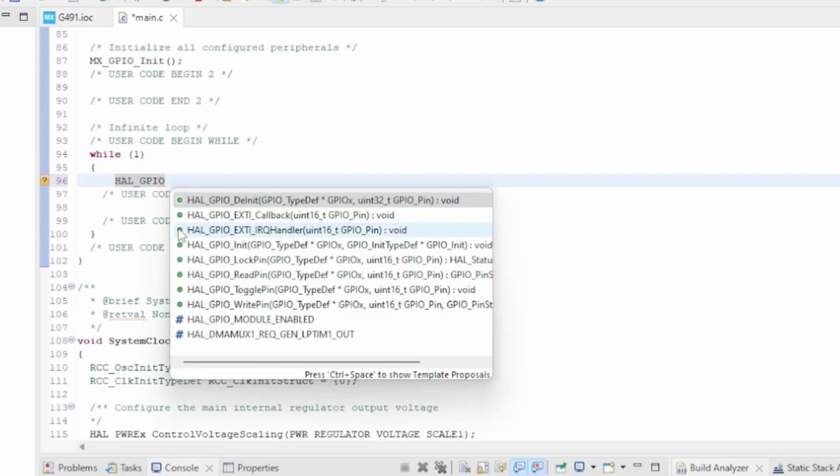One of my subscribers said that he couldn't get control space to work as an autocomplete when he was running Windows 11, and I'm running Windows 11 now, and it worked fine in my installation at least, so it should be working. So here I see I would like to have the toggle pin,